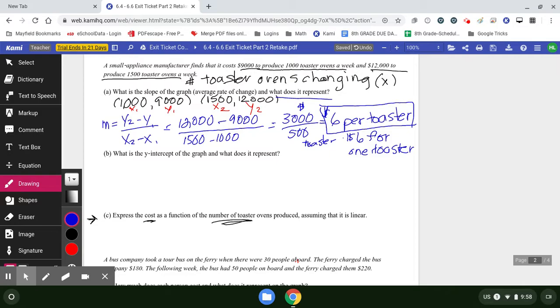Well, I need to go back and think about, okay, it's $6 per toaster, right? And then what else do I have to pay for? Well, let's look. We can pick either one. Let's pick the first one. 1,000 toasters or toaster oven costs $9,000. Okay. Well, if each one's $6 per toaster,